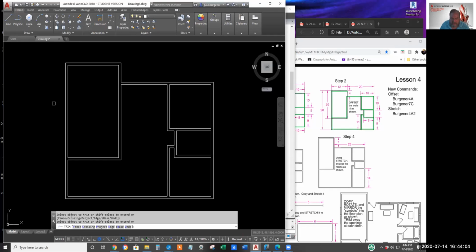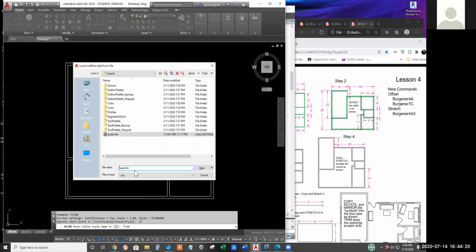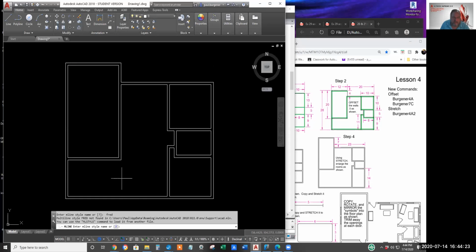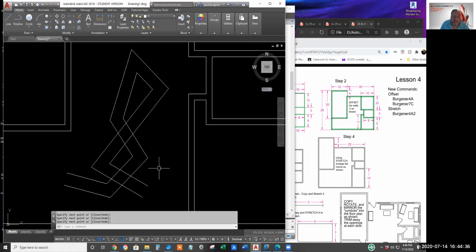Anyway, with mline, M-L-I-N-E, so long since I've done this. With mline, you can draw a double line from the get-go. The reason it never caught on was because trimming out these intersections is unreliable.